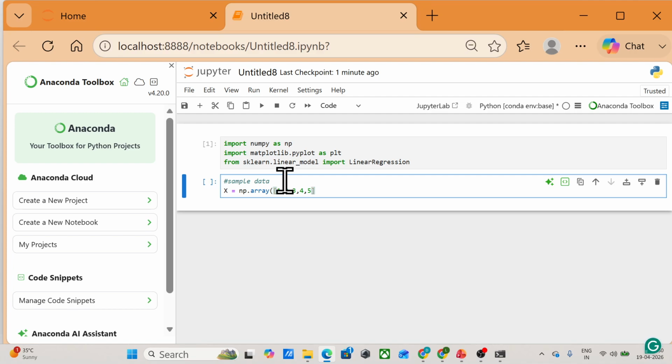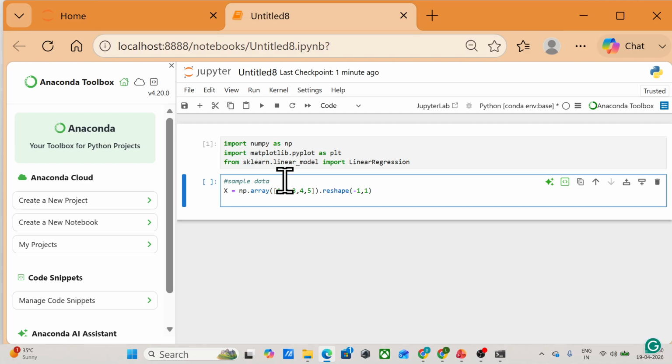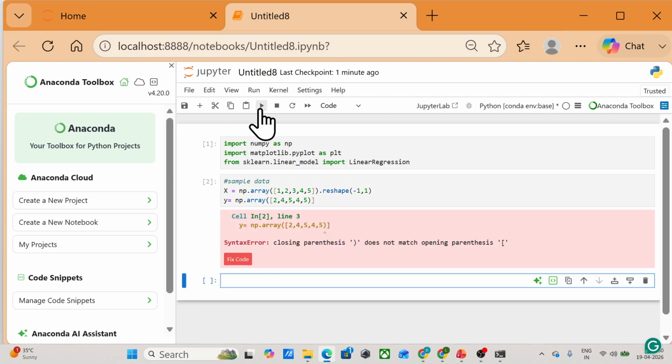Then for y we'll take 2, 4, 5, 4, 5. Okay, we have taken the sample data.